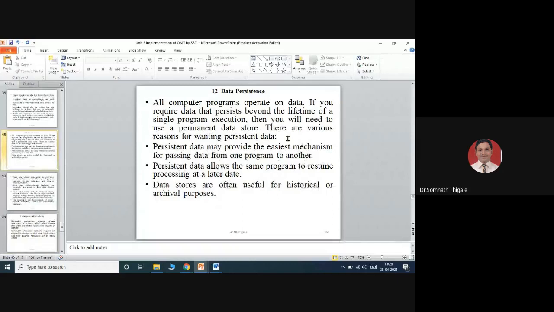Next part is about data persistence. As the name suggests, persistence means constant, or consistent, simply. All computer programs operate on data. If you require data that persists beyond the lifetime of a single program execution, then you will need to use